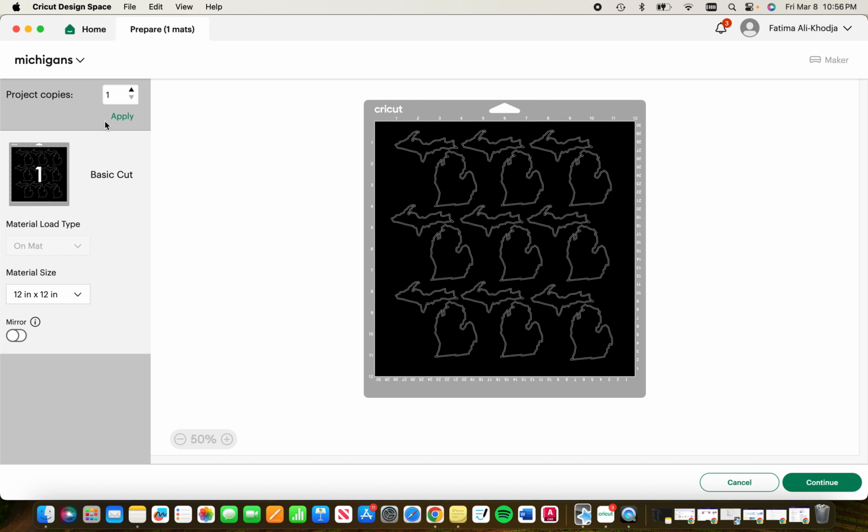Okay, so now we're just going to go over here and double check. We're going to do a basic cut. Yes, we are. Material load type on a mat. Material size 12 by 12. Yep, because that's... And we don't need to mirror, so then I'm going to hit